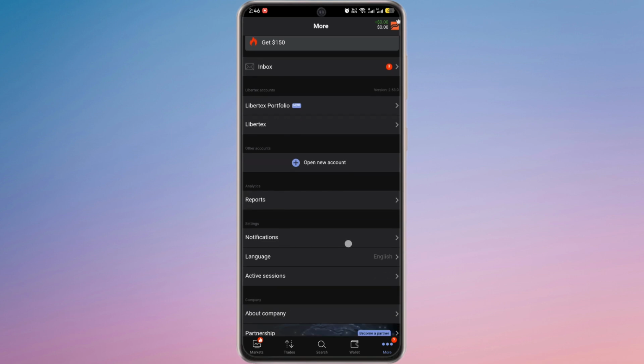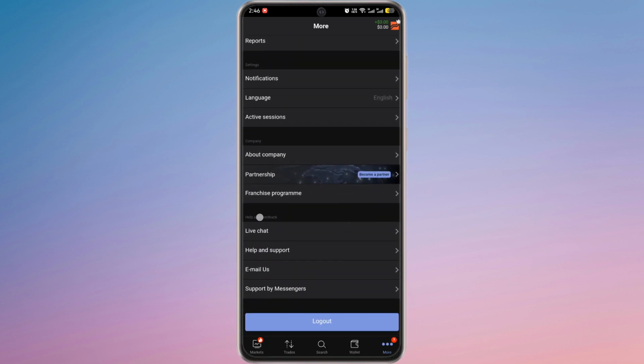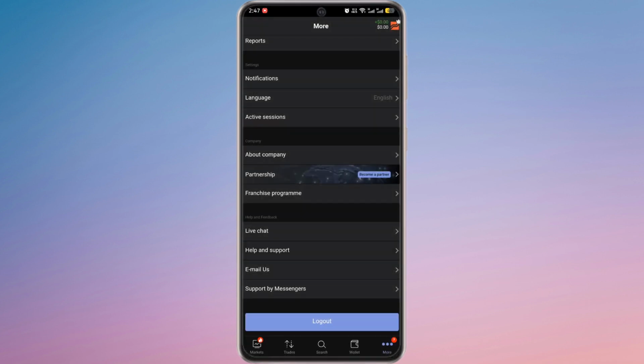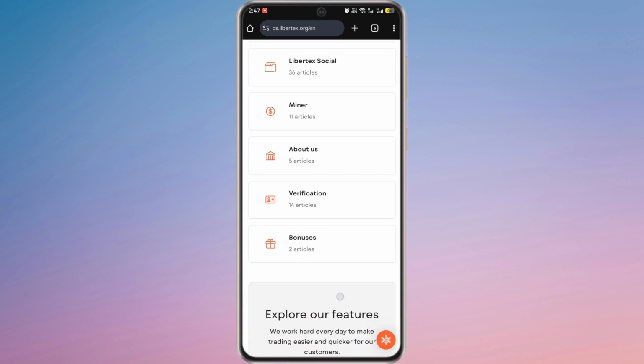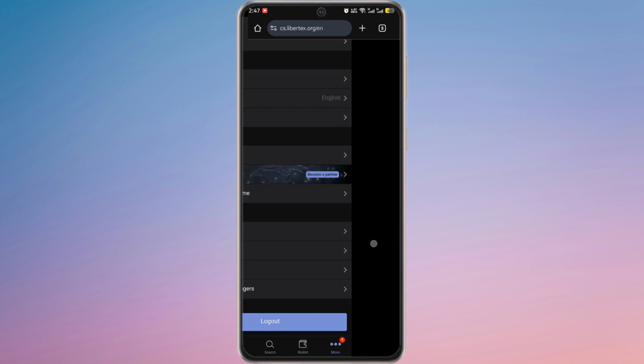Next, scroll down and you will see the Help and Feedback section. Here you will see Live Chat, which allows you to get instant assistance from the support team. You will also see Help and Support, where you can find answers to frequently asked questions and common issues. There is also an email option to send detailed queries directly to Libertex, and support by messenger for quick assistance